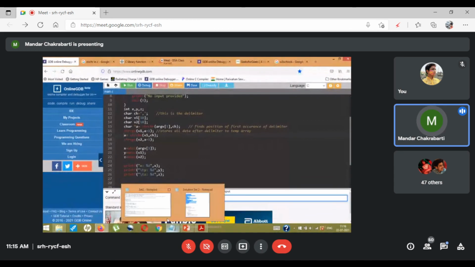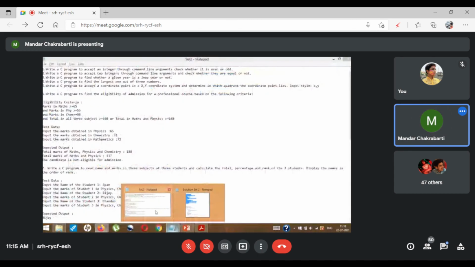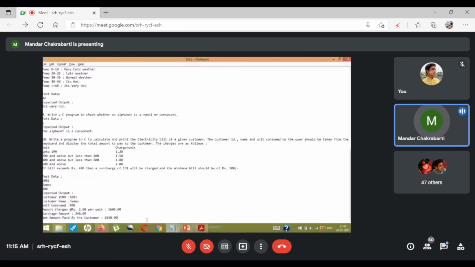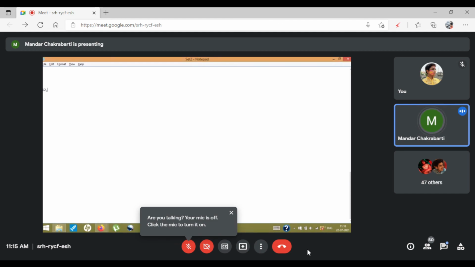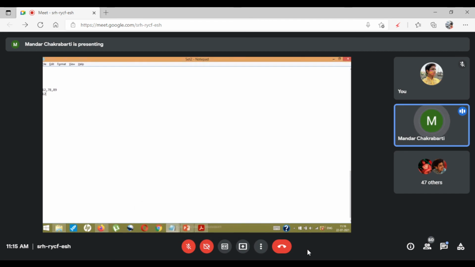Exactly. So I had something like this. My first string was 12, comma 78, comma 89. From that, I have separated out 12, and I have separated out 78, comma 89.